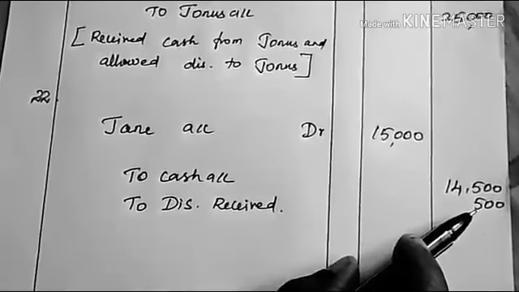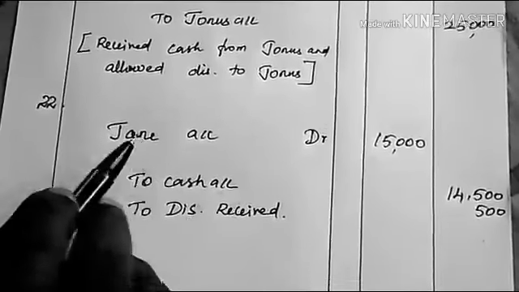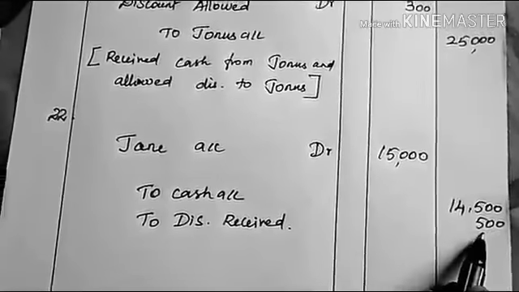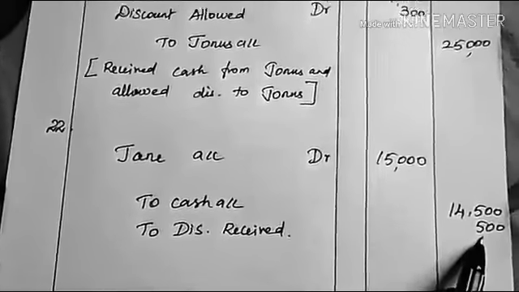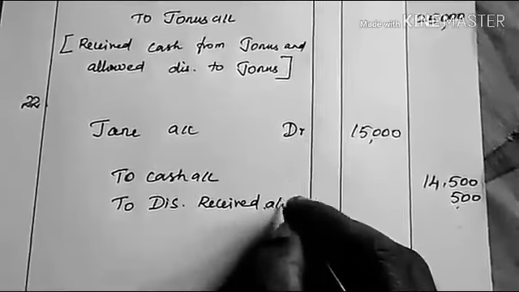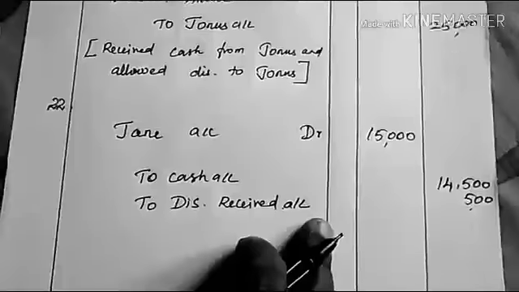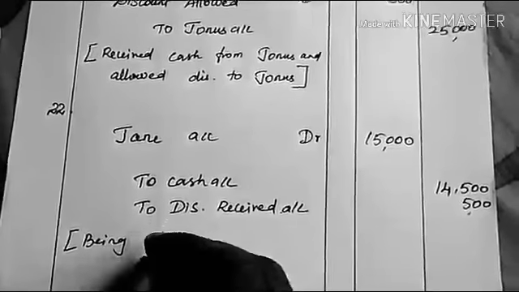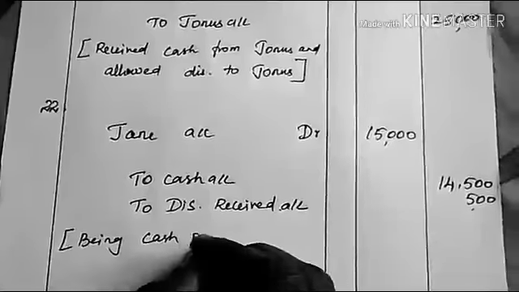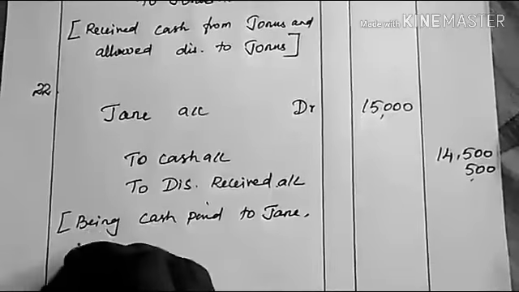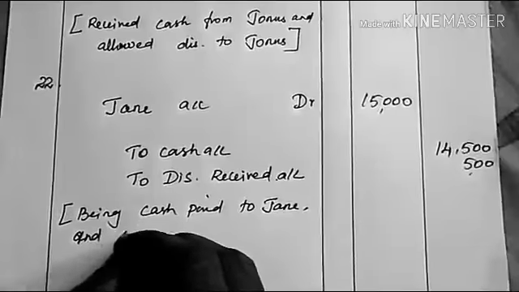So that 500 rupees is a discount you have received. Jane allowed discount to you. You have received discount from Jane. So it is an income for the business. So all incomes and gains will be credited. So discount received will be credit. Narration: being cash paid to Jane and discount